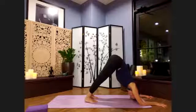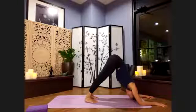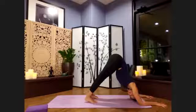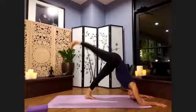Deep cleansing breaths here. Now really press into those forearms. Try to lift those shoulders up. Protracting them. Externally rotating them. If and when you feel ready, right leg's going to go up towards the ceiling in 3-leg dog,